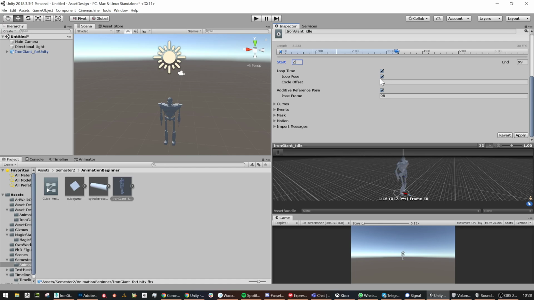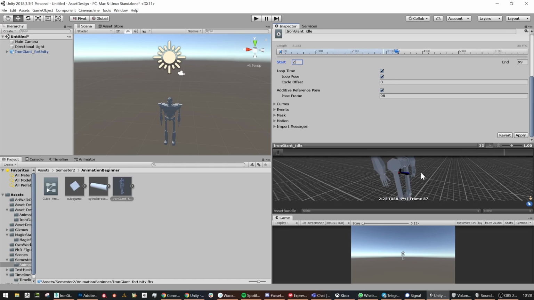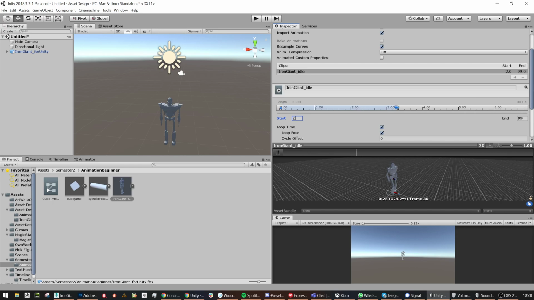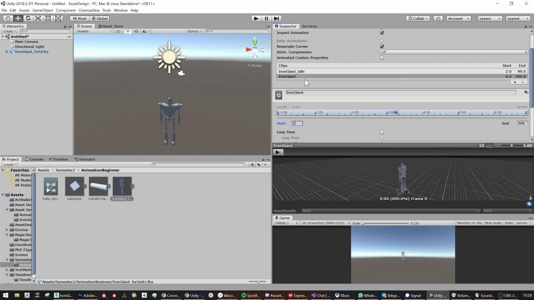The loop pose, just turn that on, and loop time is just on, so it knows to loop. And that works pretty well. It's not too bad at all. Okay, so we have an idle, and I just need to hit plus. That's an idle, that's set, and this will be